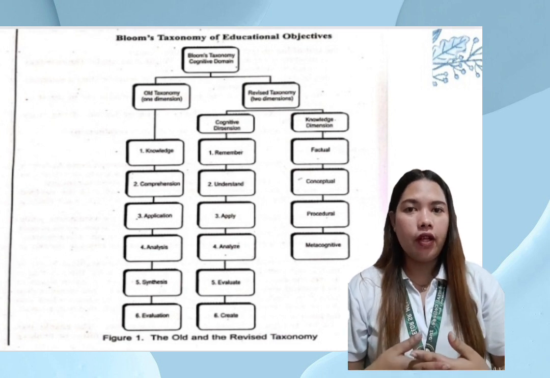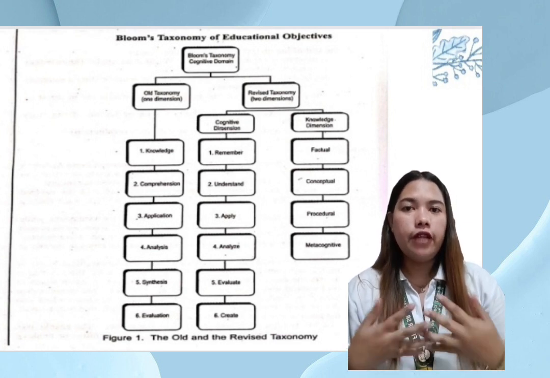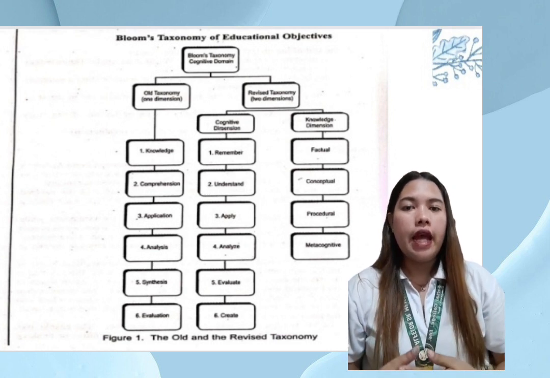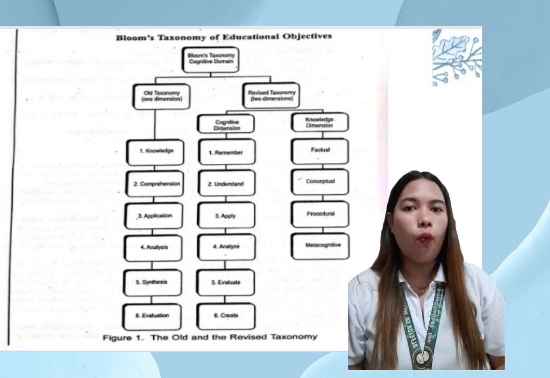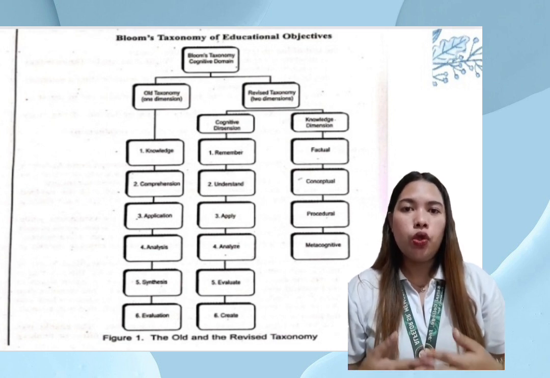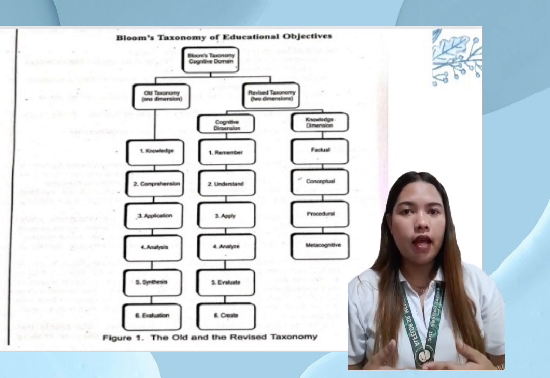The highest level in the cognitive dimension involves making judgments or assessments based on criteria and standards. It involves evaluating the quality, value, or effectiveness of ideas, solutions, or arguments, and making informed judgments or decisions based